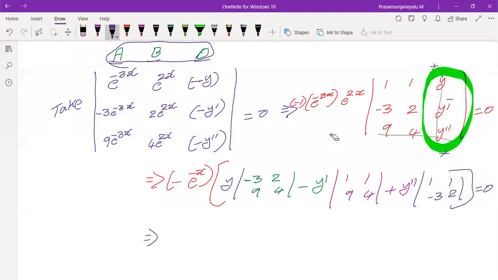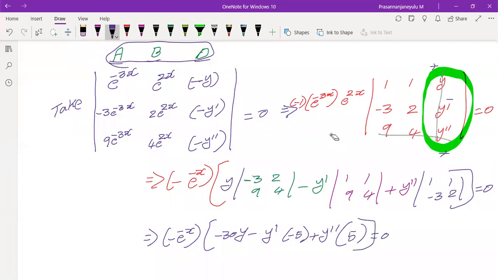Then that implies minus e power minus x into what we'll get? Minus 12 minus 30y, minus minus 18 is plus 18. Minus 12 plus 18... minus 30y minus y dash into 4 minus 9 is minus 5, plus y double dash into 2 plus 3 is 5, equals 0. Then if we do the simplification, now tell me here what is